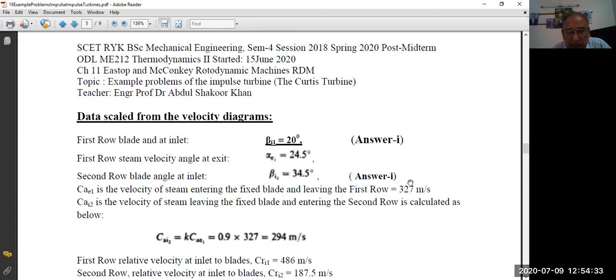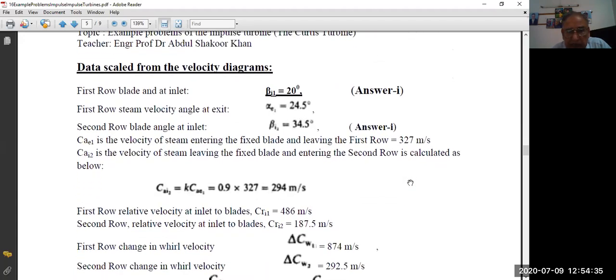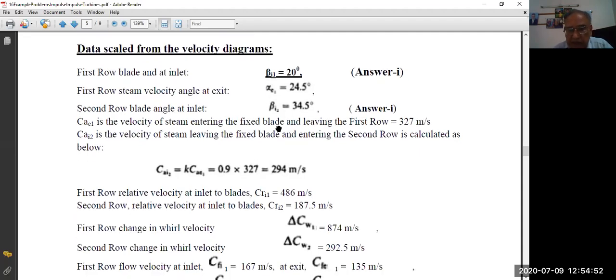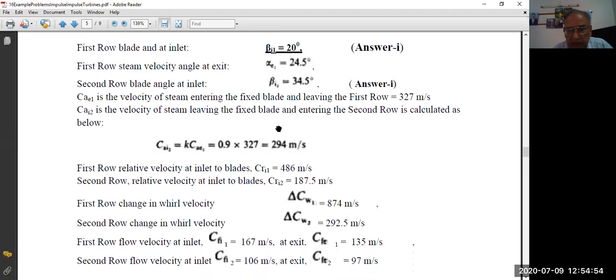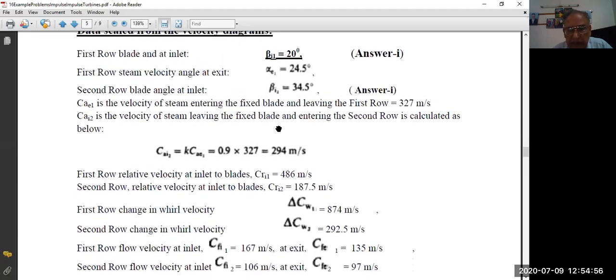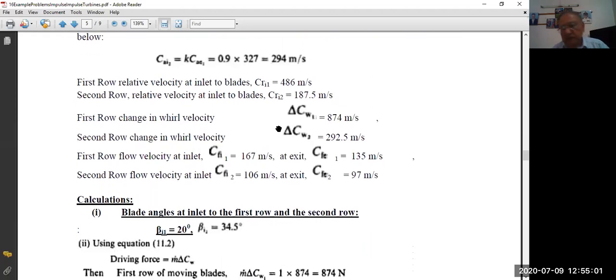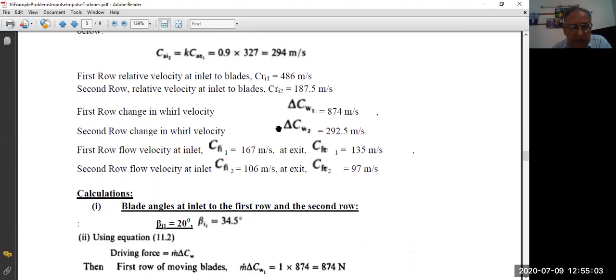And then data scaled from the velocity diagram. Once velocity diagram is done, with the help of protractor, you will measure alpha E1 and beta I2. 1 means blade row 1, 2 means blade row 2, E means exit, I means inlet. So these are the angles in front of you. Beta I1 is given in the problem, 20 degree. Now, with the help of K, that is velocity coefficient 0.9, you can calculate